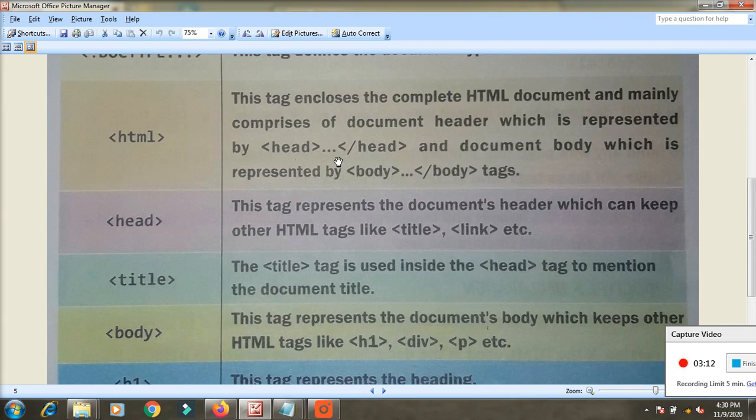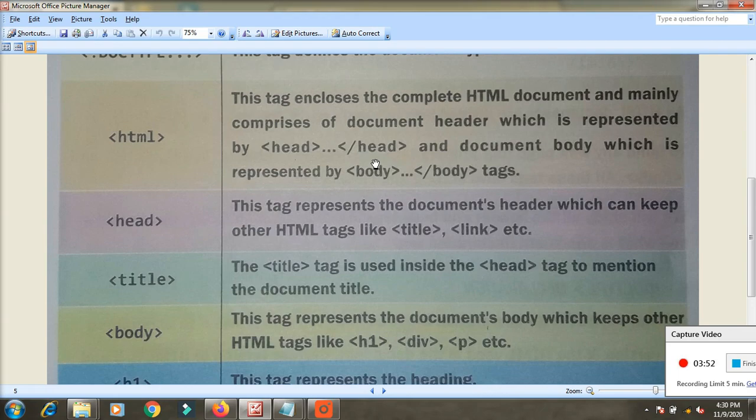So different kinds of applications we can type in Notepad. We need to inform Notepad which application we are going for. So we declare HTML. We must declare HTML, then only will the system understand we are going to type HTML tags and create web pages. Now when we enter HTML, Notepad understands and we type the HTML tags. Head is used for the head of the document, and after that heading we type the body of the tags.